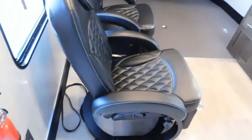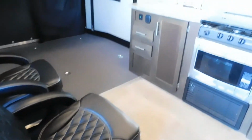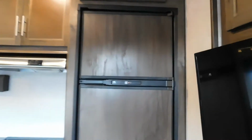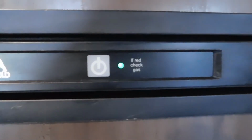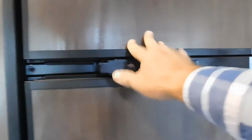Coming back inside your unit, you do have these recliners. I recommend using that strap right there and strapping them down when traveling. We'll come straight ahead here to your fridge. Here's where you turn it on. Down below here,